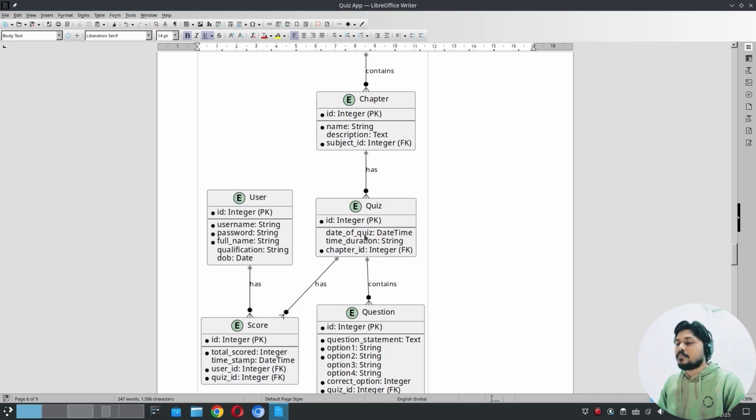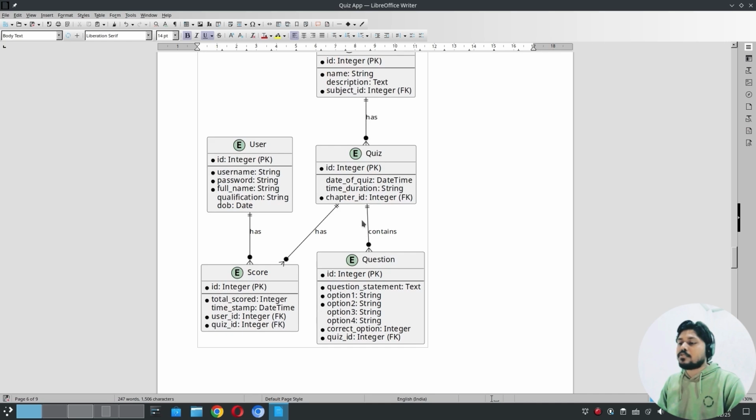Okay, then we will have also the question. So quiz will have the questions, and question have multiple fields like the ID, the primary key, the question statement. Then we will have the answers, option 1, option 2, option 3, option 4, and there will be one correct option. So while calculating the score, we can compare which is the correct one, and based on that we'll